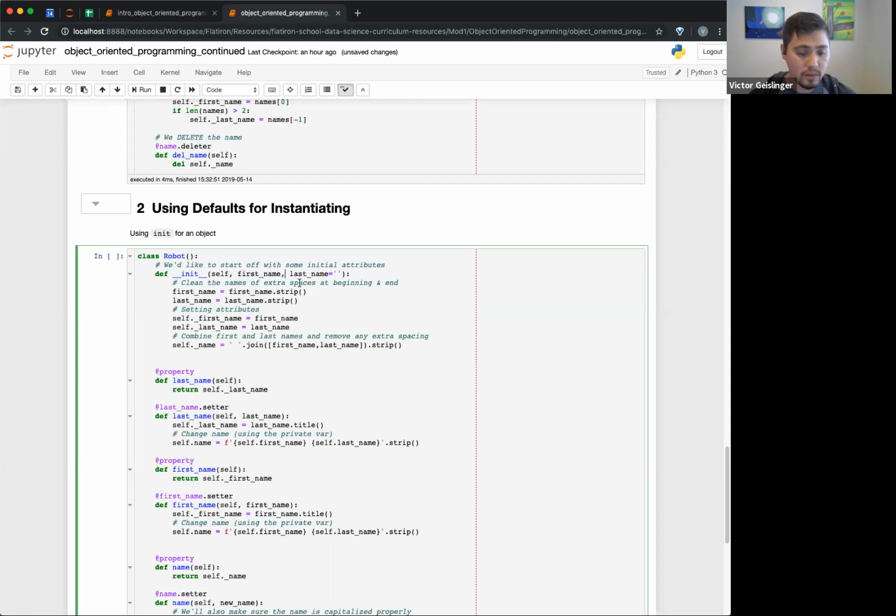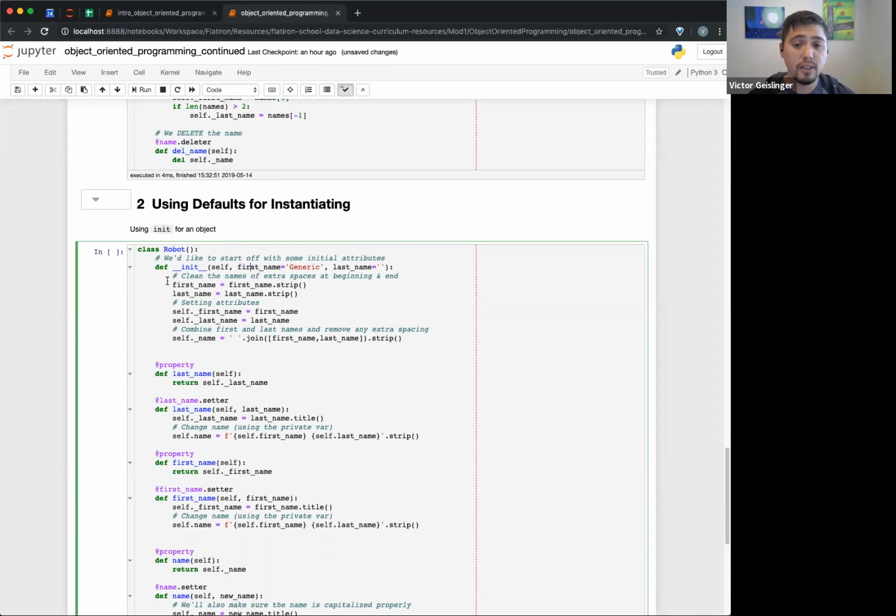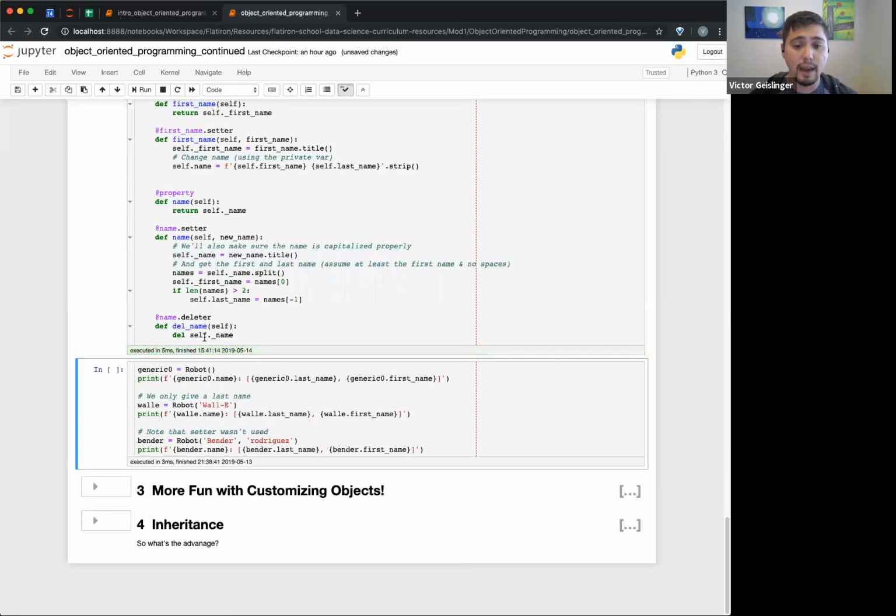This is related to what Thomas brought up: what are you doing with that equals part when you're calling a property? This is kind of similar, except in this case, we're just defining it. All you have to know here, and you can check out the code a little bit later, I'm not going to go through it because it's just Python stuff, I want to focus on the object-oriented part: when I initiate my robot, I can say first name, this is your first property, and then last name, second property. So I'm going to run this,